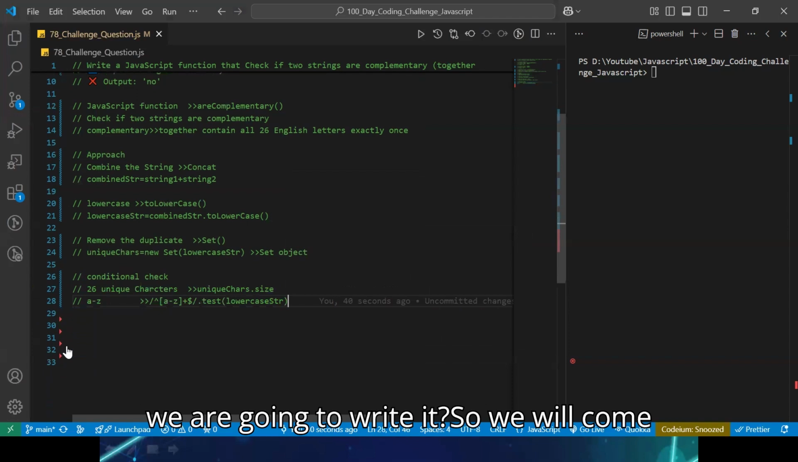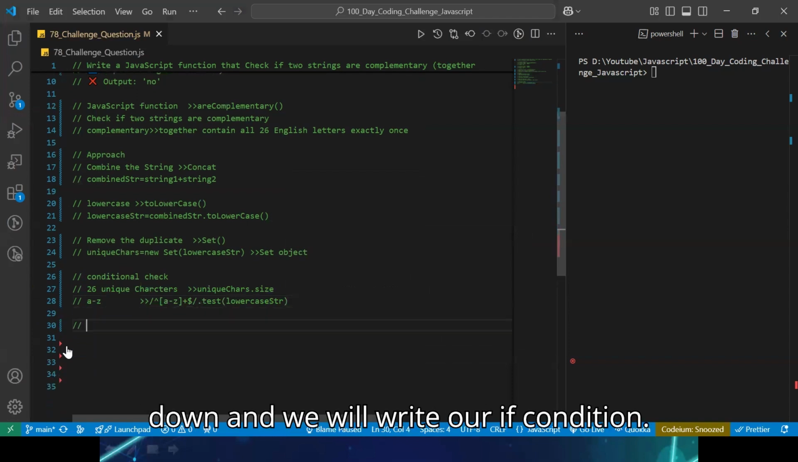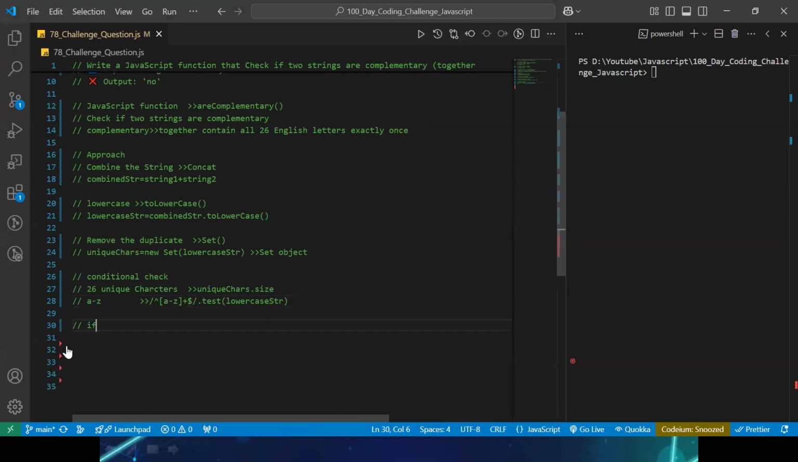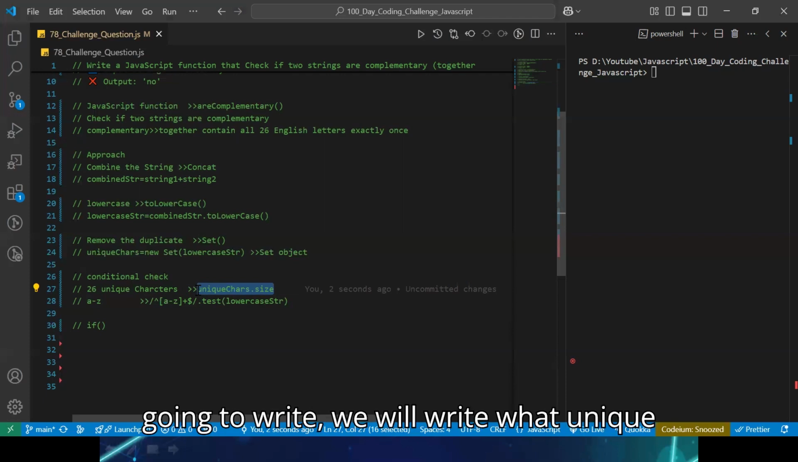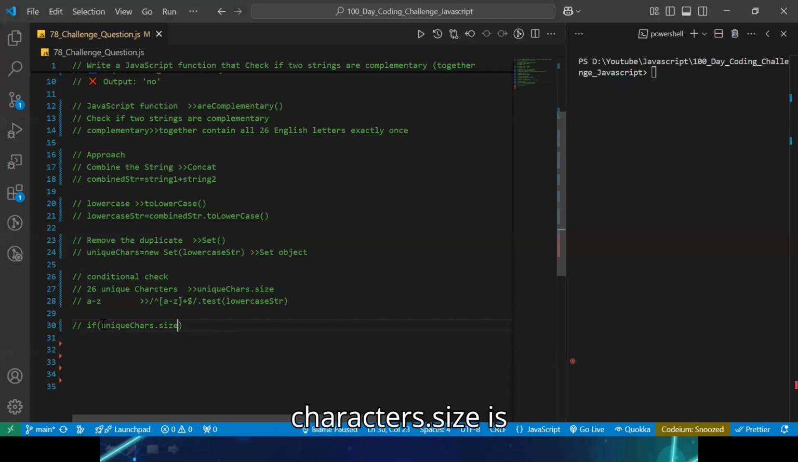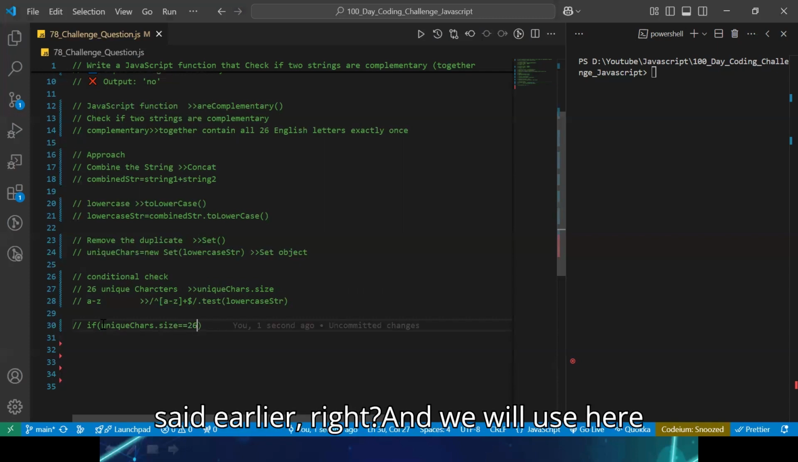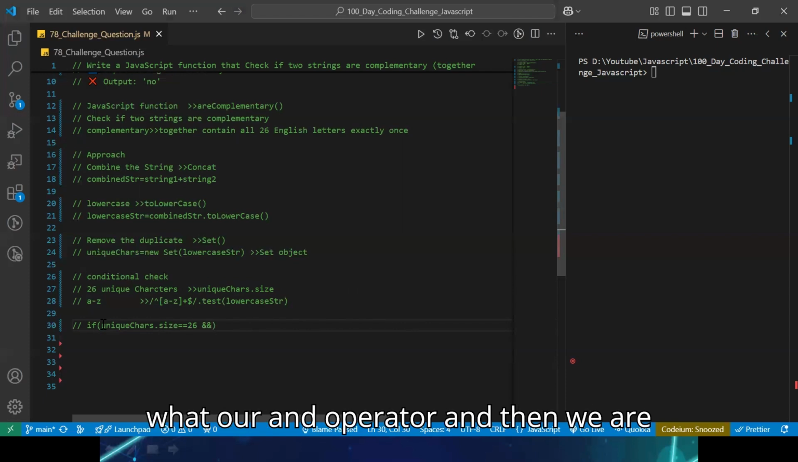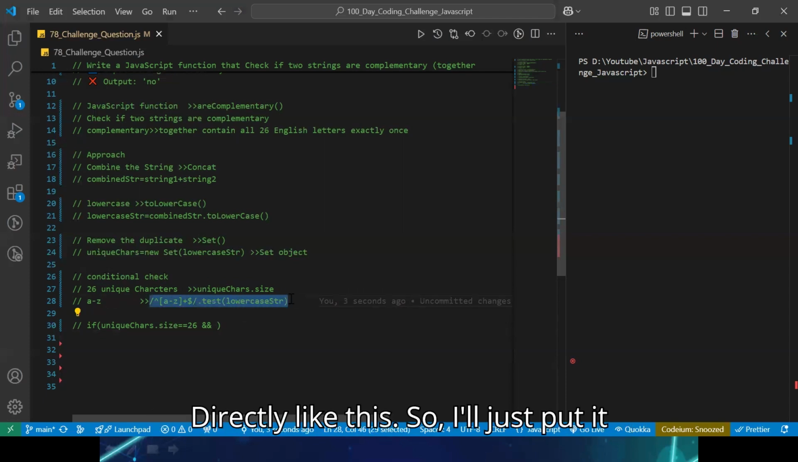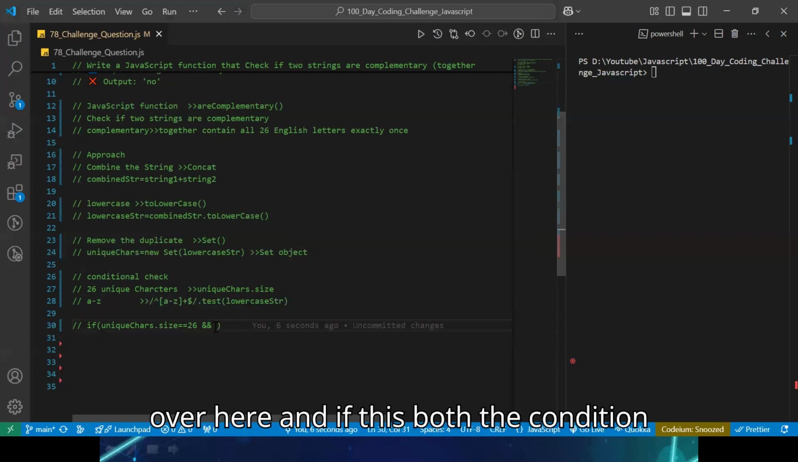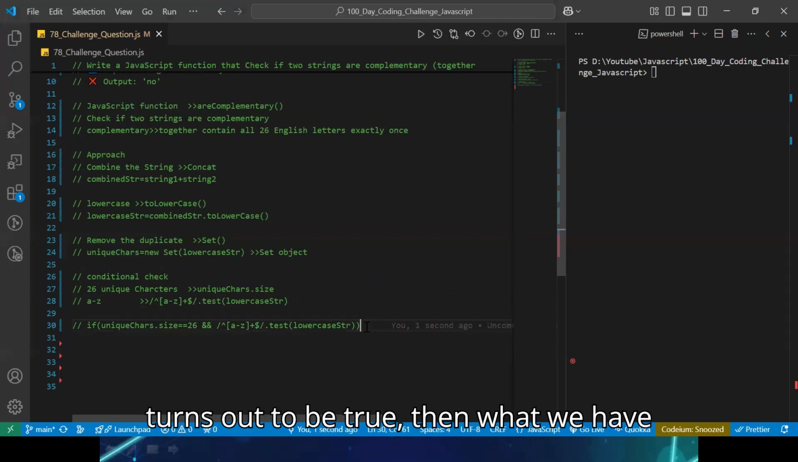So how we are going to write it? So we will come down and we will write our if condition. Okay. So in this if condition, what we are going to write? We will write unique characters dot size is equal to 26. That is what I said earlier, right? And we will use here our AND operator, and then we are going to use this regex over here, okay? Directly like this. So I'll just put it over here,